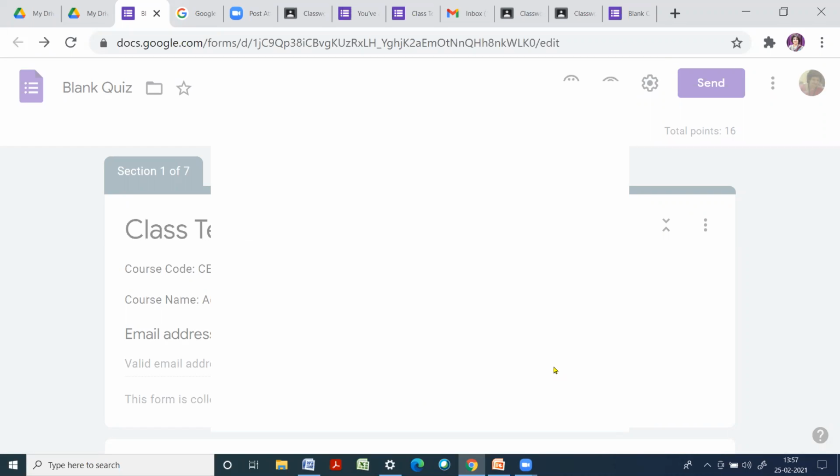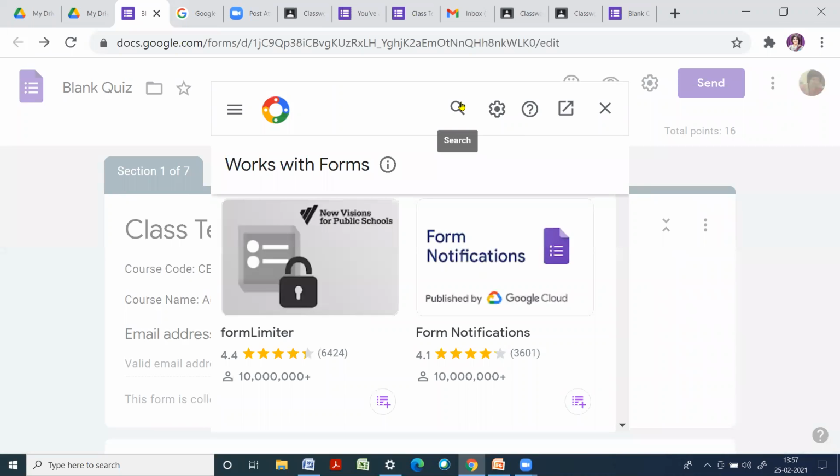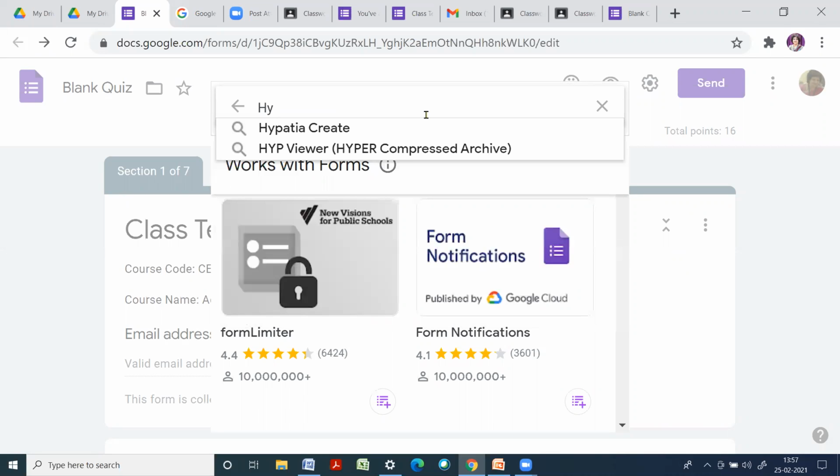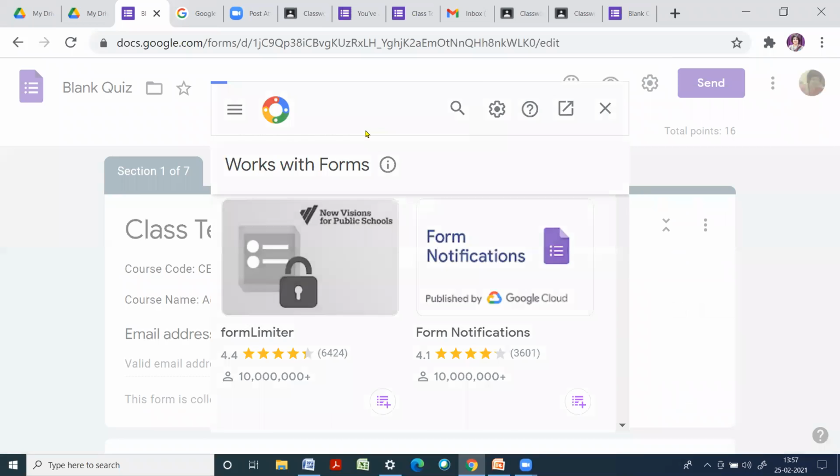You will get this page. Then click on search and type Hypatia. So you will see this Hypatia create. Click on this.